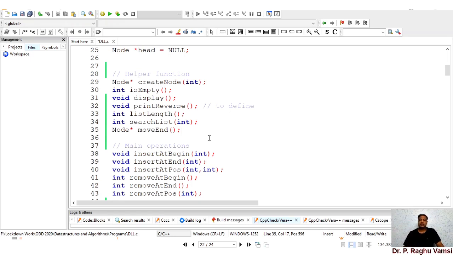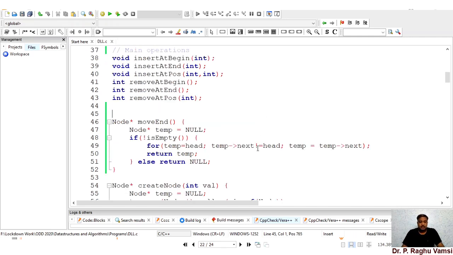But here there is no circular link available. The only thing is we need to see whether the last node's next is not equal to null. So I will do some modification in this. In the circular linked list, we kept it as head, that is temp next not equal to head, but it must be replaced with null to suit our requirement.